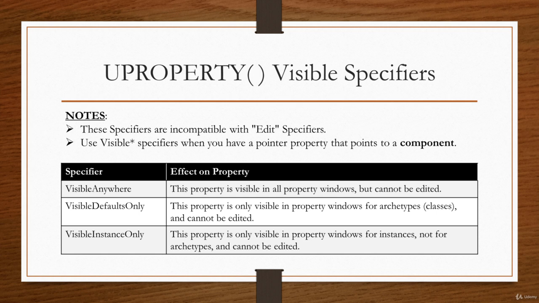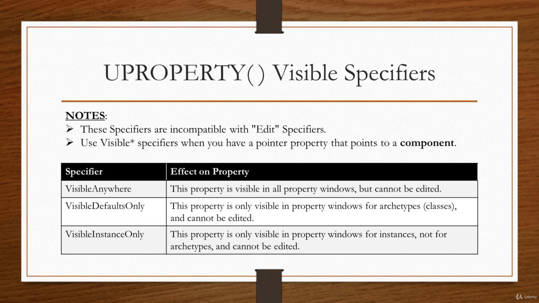So I want to move on and talk about UProperty specifiers, and we'll start with the visible specifiers. Now, of course, in this lesson, we're not going to talk about every single specifier that you get. We will introduce more and more of them as we go along. But here again, some of the important ones that can get you confused as a beginner. Now, I would like to note that the visible specifiers are incompatible with the edit specifiers that we'll talk about later. So we've seen some of them before, as I mentioned, but in this video, we'll go through them again, okay, in a bit more detail,